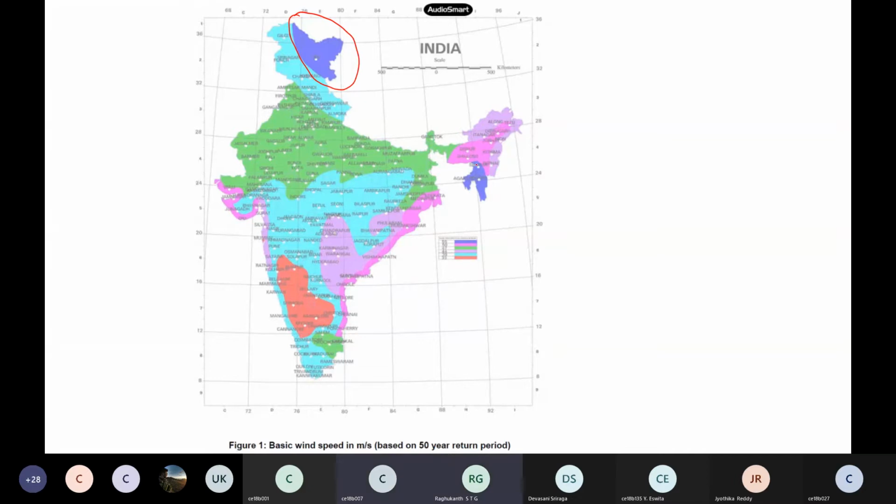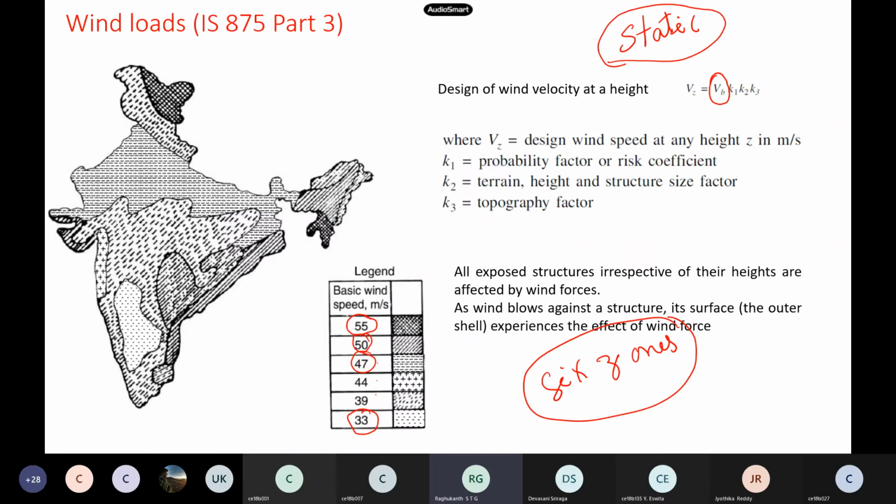What about Meghalaya? Meghalaya, not Meghalaya. Shillong is down. Agartala, Tripura, you followed, right? So this is the most dangerous region. So what is the highest wind speed in these regions? This graph shows you the highest wind velocity in Agartala. This is 55 meter per second.